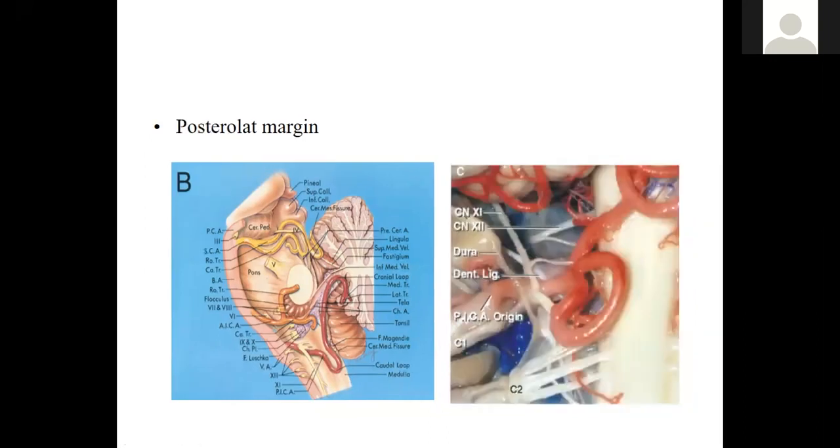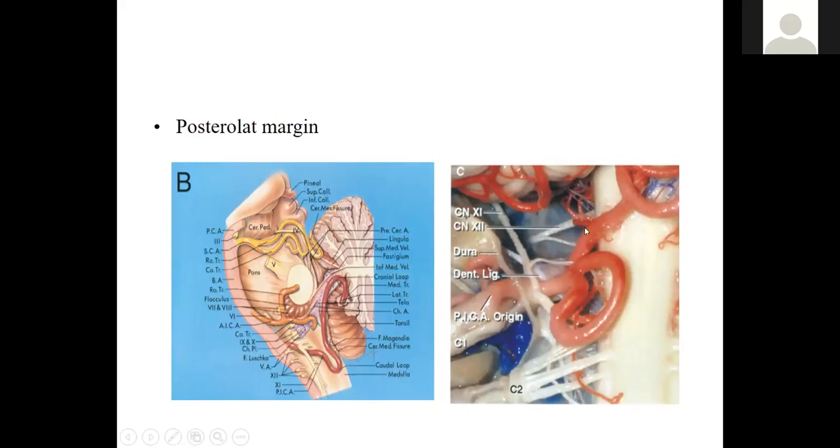On the posterolateral margin, we have the hypoglossal nerve fibers, the glossopharyngeal fibers, and then the posterior inferior cerebellar artery as it courses and sometimes entangles with the rootlets